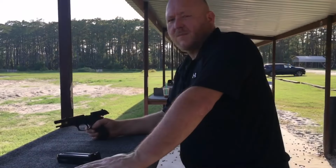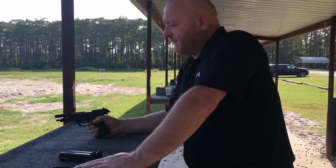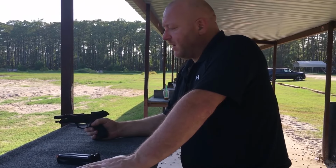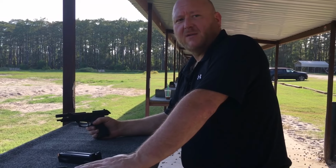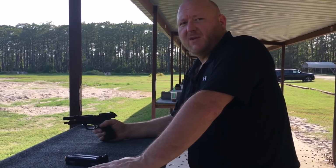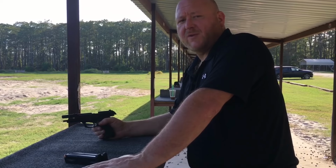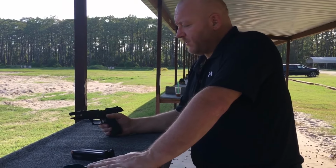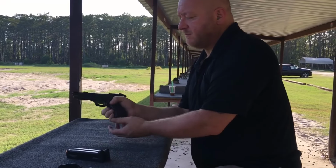Looking at some of the features of the M9, which really made it look very favorable to the U.S. government over the 1911, was the ability to carry the gun loaded safely. With an M1911, you would have to carry it with the round in the chamber, the hammer cocked, and in the safety position. Whereas with the Beretta, you were able to actually load it,